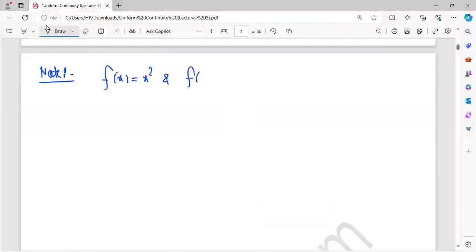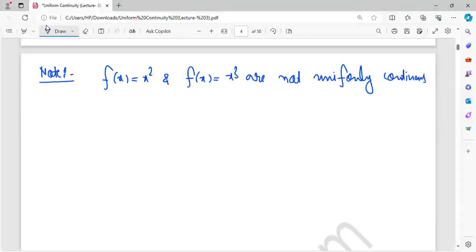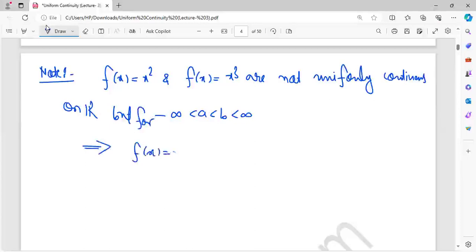In the last class we proved that f(x) equal to x square and f(x) equal to x cube are not uniformly continuous on R. But you take any A and B, then for A and B in this range, f(x) equal to x square and f(x) equal to x cube